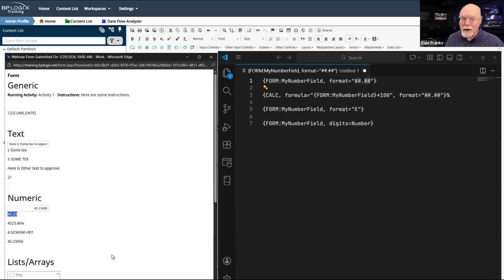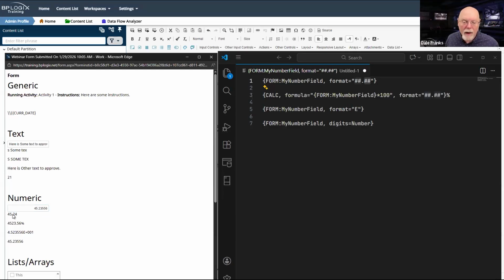So not only is it formatting, it is not just saying, okay, I don't want to see these last 3 digits. It's actually rounding the second decimal place based on my value in here. So if it is 556, well, that's closer to 45.24 than 45.23.